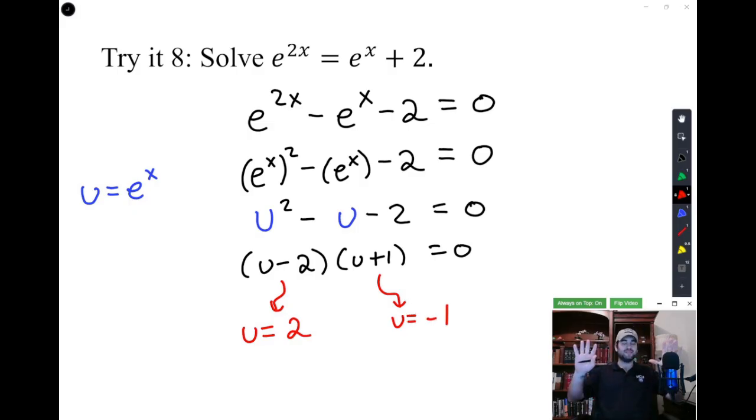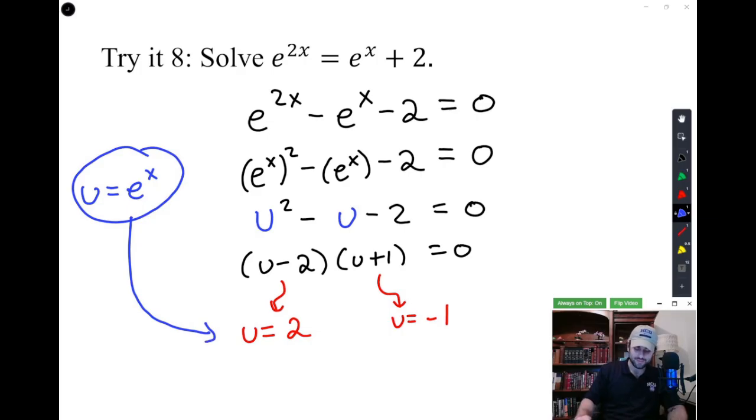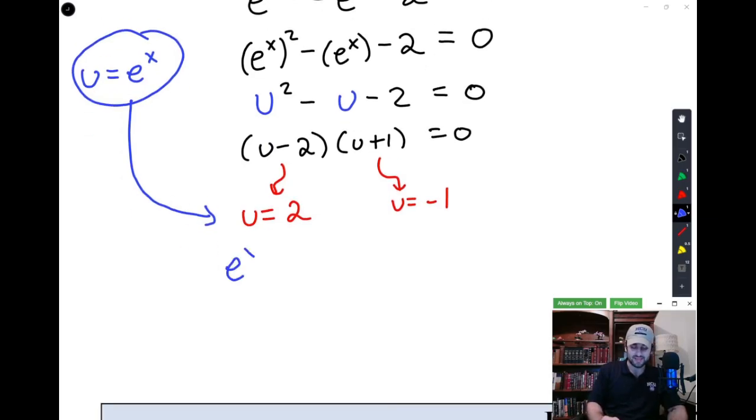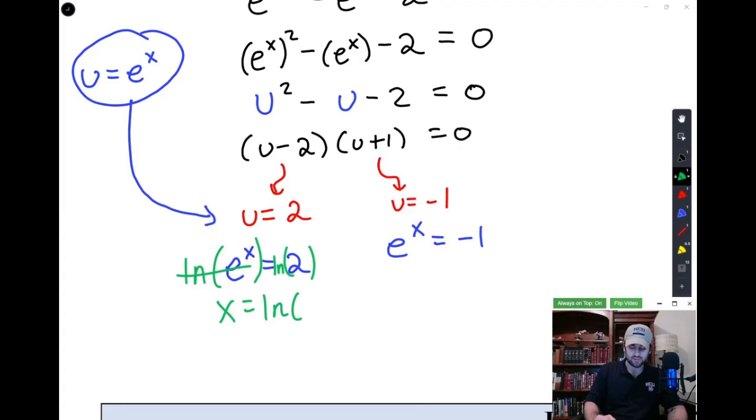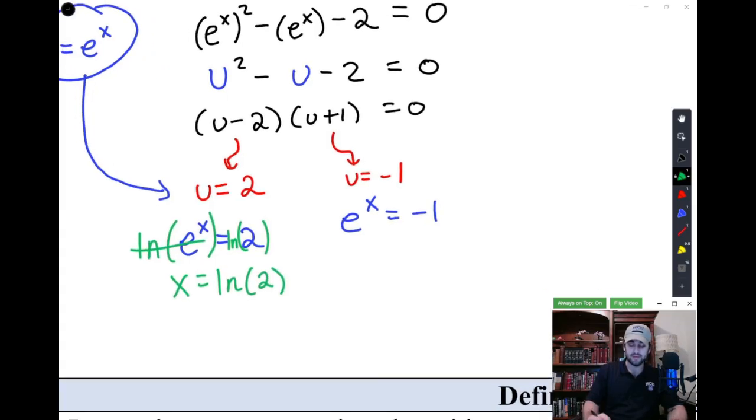But wait, u wasn't u in the first place. What was u actually? We're going to bring our u back into play now that we're down to our last step. And we're going to say u wasn't u, it was e to the x. And so e to the x equals 2, and e to the x equals -1. And how do you get rid of a base e? You natural log it. So the natural log of e to the x cancels out, but what you do to one side, you have to do to the other. And so we say x is equal to the natural log of 2. And we do the same thing over here where the natural log will cancel out that e. And so we're left with x equals the natural log